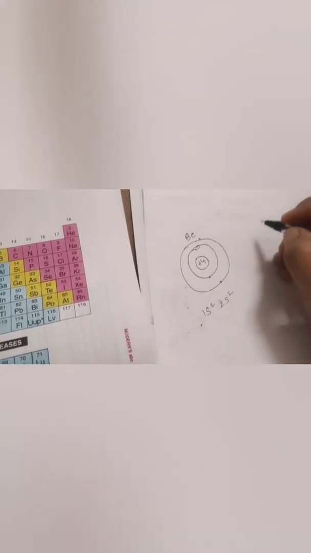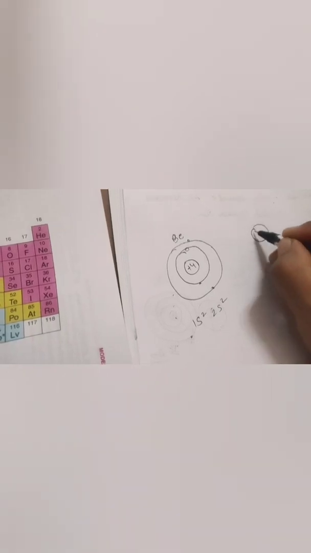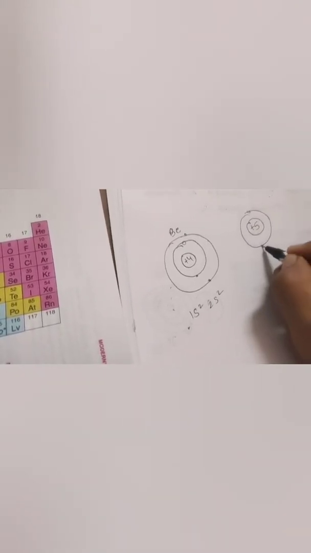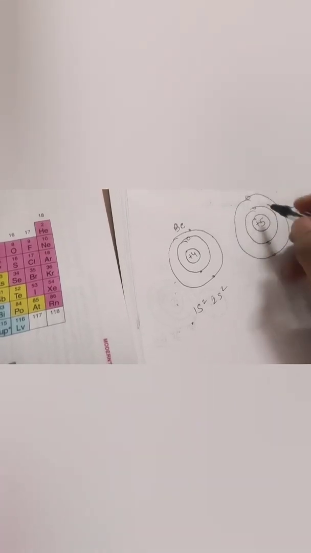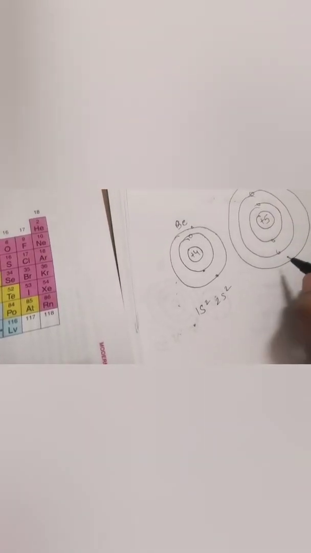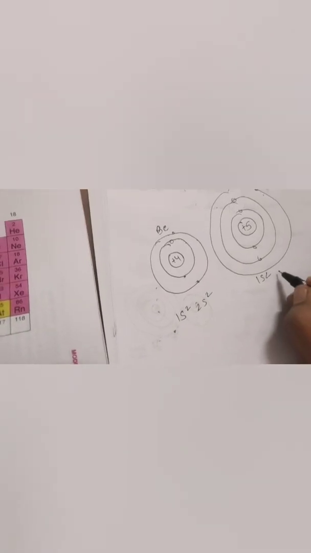Now if we see the structure of this configuration, it would be like this. Beryllium has the nucleus with plus 4 charge, this is the first shell and this is the second shell. In the first shell it has 2 electrons, and in the second shell it has 2 electrons, that means 1s2 and 2s2. Here for boron, the charge is 5, and the shells are like this, with the outer shell having 1 electron, giving the configuration 1s2, 2s2